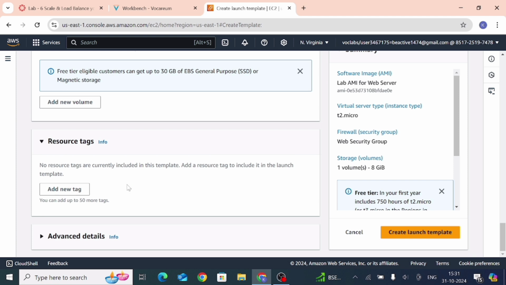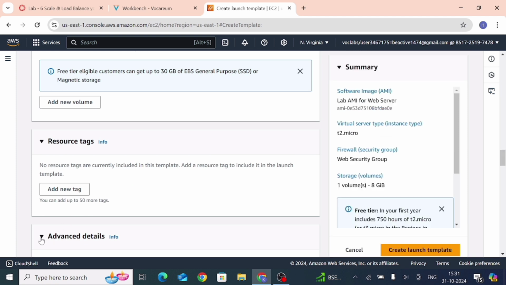Now scroll down and advanced details, so expand this.